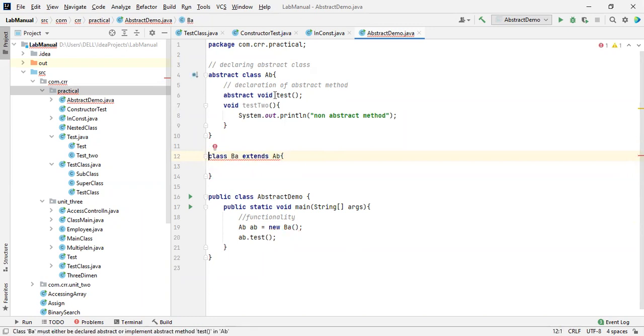There are two ways to remove this error: either it should be an abstract class, or you must implement the test method. This is the context we're discussing in the abstract class. Mainly the usage is that you are just giving the functionality. That's it. And you are not going to show the implementation, which is not necessary for the end user.